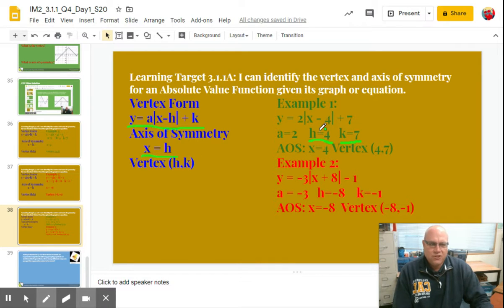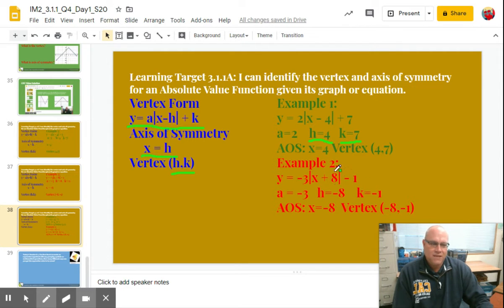The vertex is just as simple. It's this idea that the vertex is always going to be h comma k. So we've identified h, we've identified k, put it as an ordered pair, 4 comma 7. There's your vertex. All right, example number 2, y equals negative 3 times absolute value of x plus 8, and